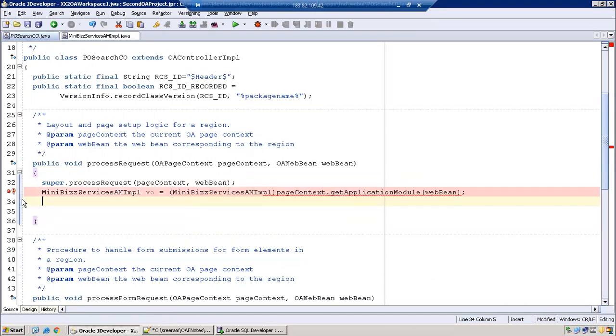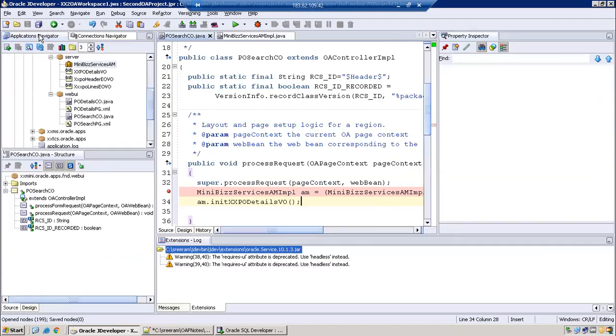For now, I'm just trying to execute the VO on page load, but we have to modify this, okay? Okay, yeah. So let's see how the search page looks like.